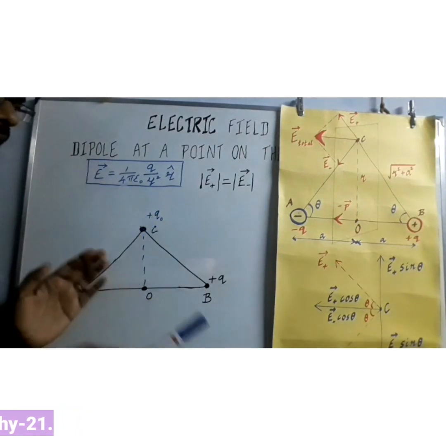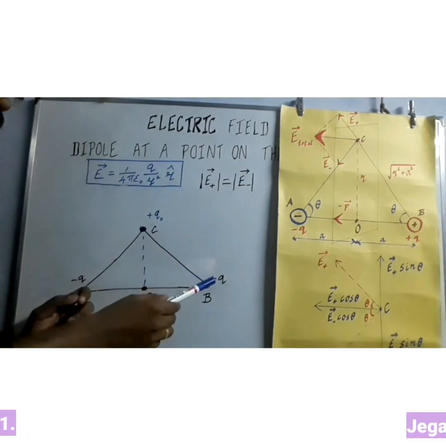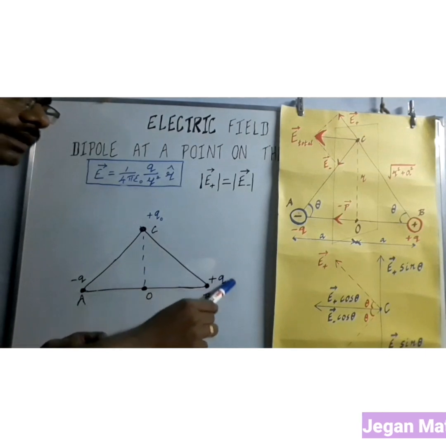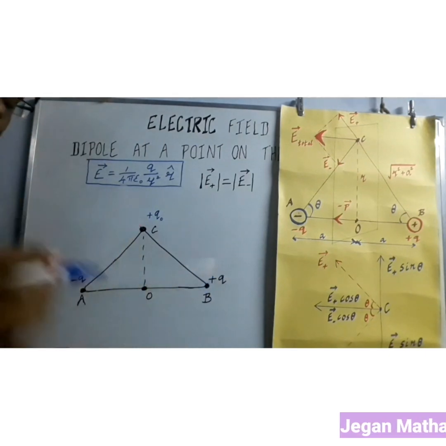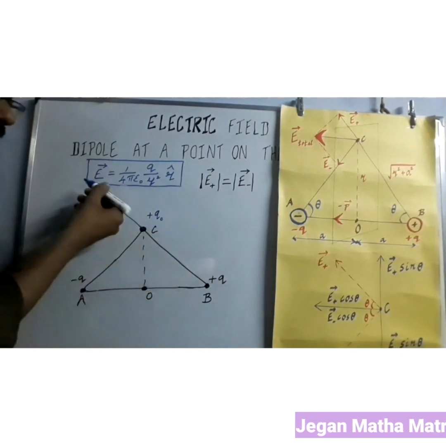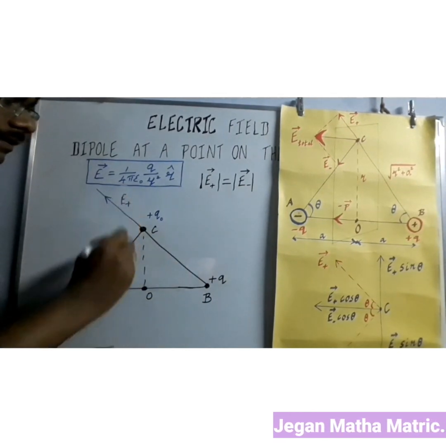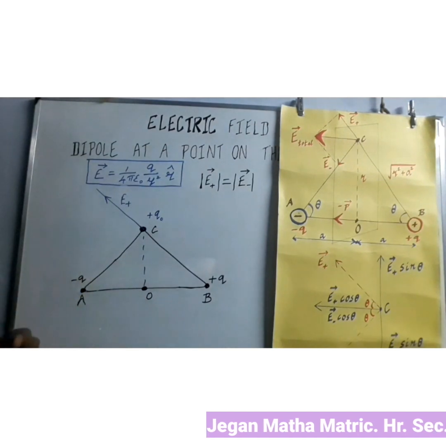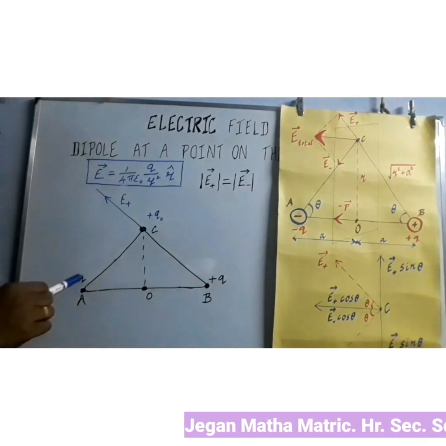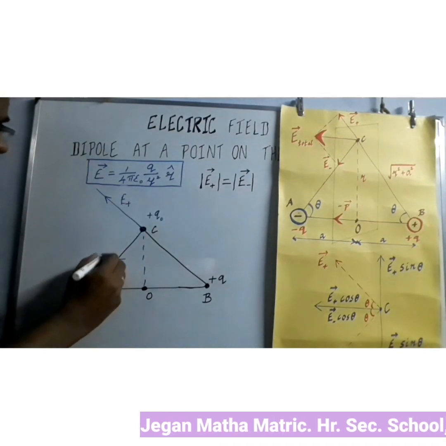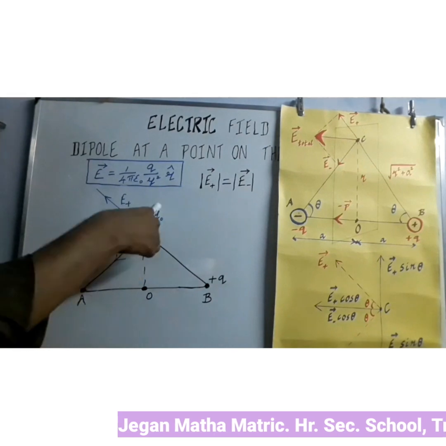There will be a repulsion between the like charges. So there will be a repulsion between the positive charges. So the electric field which is provided by the positive charge on the test charge will act along the BC. So it should be a repulsive. So it acts along the BC. We know that already there will be a force of attraction between the unlike charges. So the electric field which is provided by the negative charge on the test charge will act along the CA. It will attract. So the electric field also in a same direction, it acts along the CA.